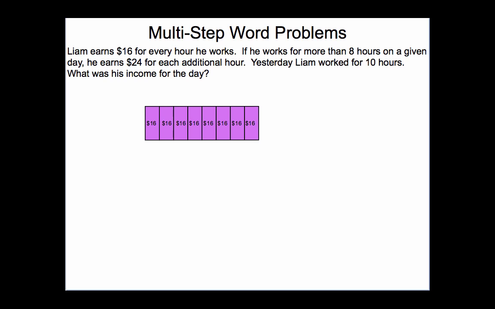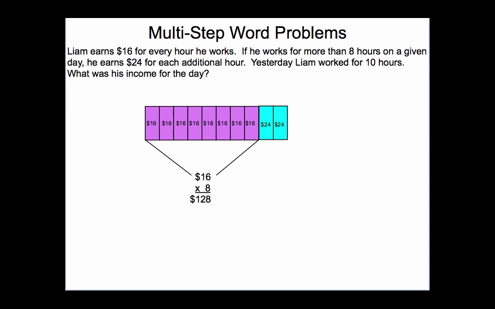I have 8 boxes with $16 in them. And we also know that for every additional hour he works, he gets $24. And he worked an additional 2 hours. So I'm going to add 2 boxes with 24. So now we need to multiply to get how much he earned. So for his regular 8-hour day, he worked 16 times 8, which gives us